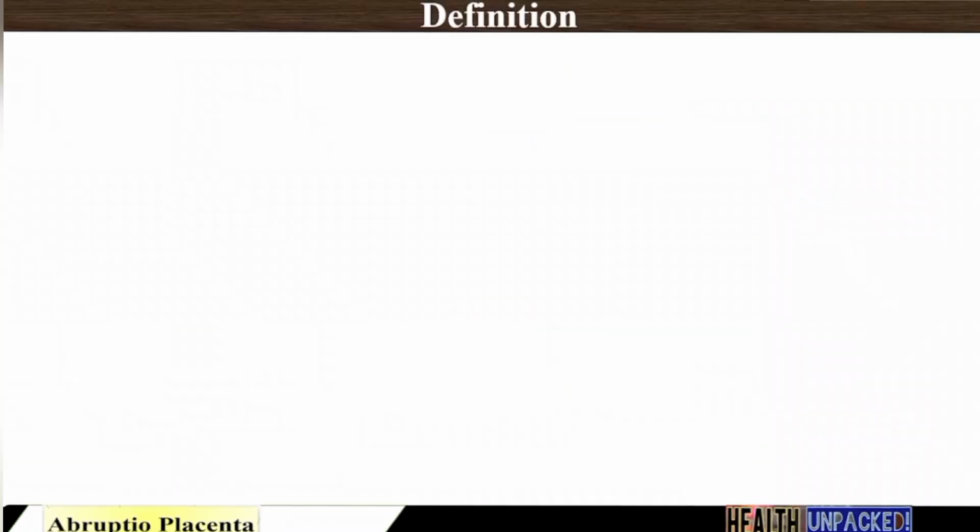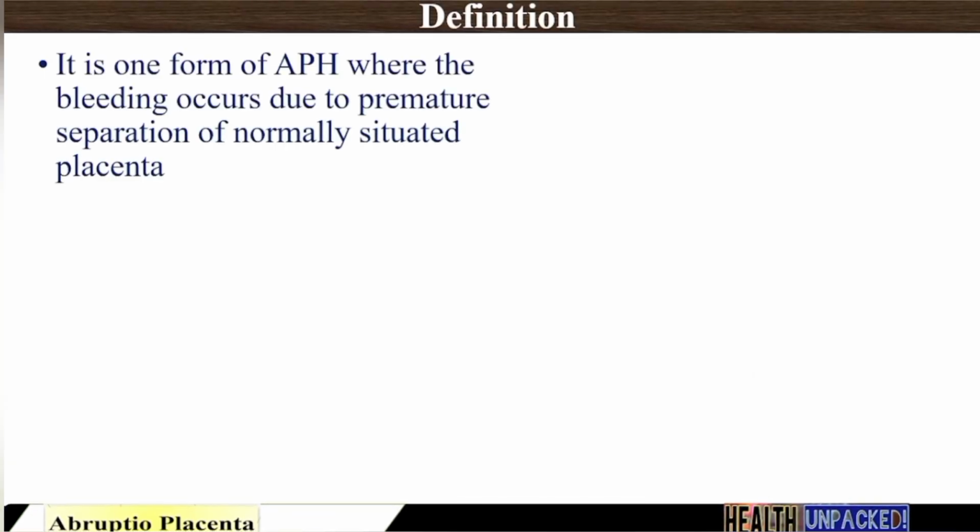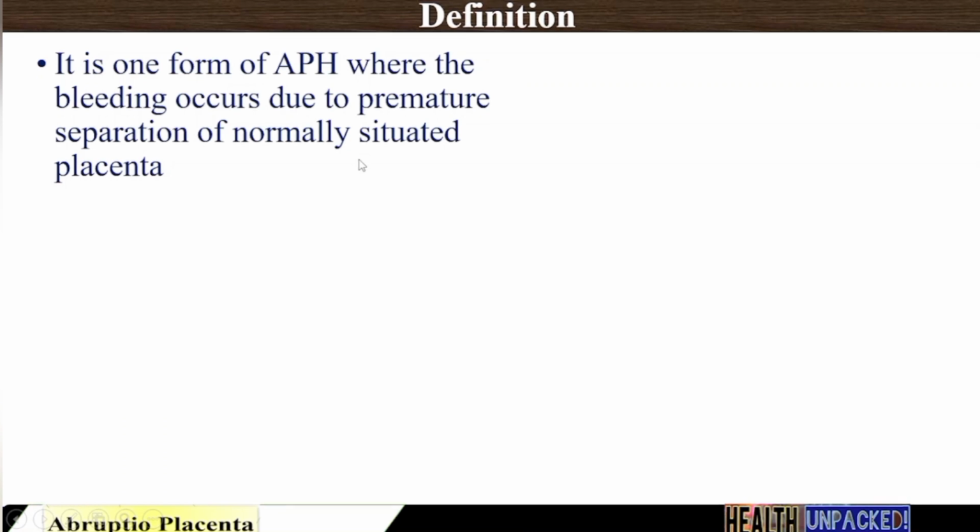Okay, let's get started. Definition. Definition of abruptio placenta is very simple. It is one form of APH where the bleeding occurs due to the premature separation of a normally situated placenta. You know, placenta is normally attached to the uterine wall around the fundus. So if this normally situated placenta is detached or separated from the uterine wall before the third stage of labor, that